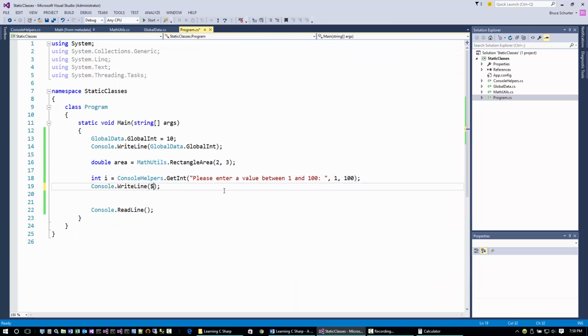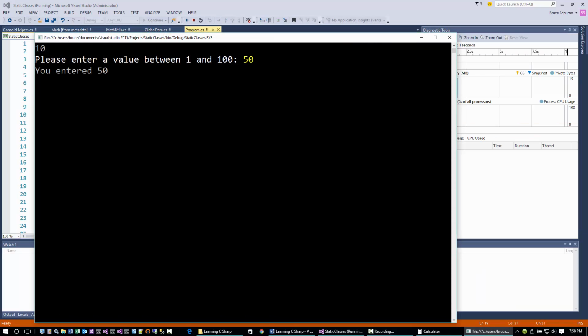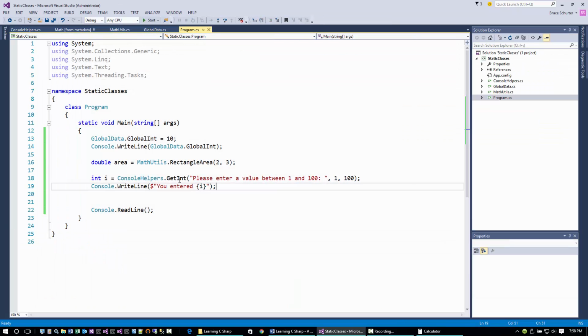Probably would have been helpful if I replied in some way, you entered I. So let's type in 50 again. You entered 50. And notice here, it put the color back to gray, even though we changed it between white and yellow. And in the previous example, we did white, yellow, and red. So it's perfectly able to go back to the original color,